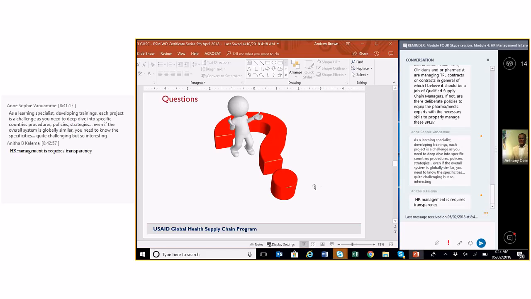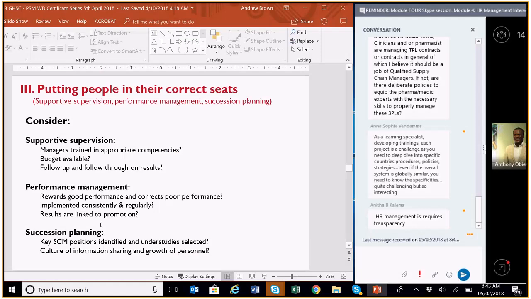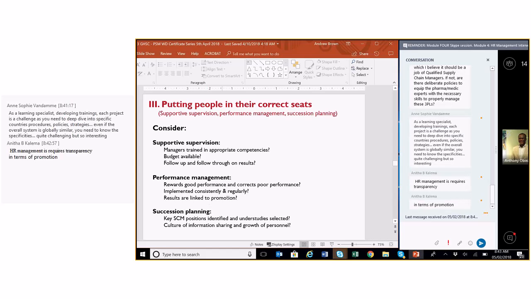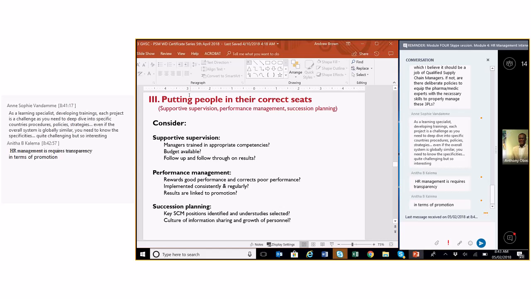So the challenge, as you said, is deep diving into the policies and procedures, understanding those, and then looking about how to make sure they're applied. So usually you can find policies and procedures that are set by the government, but it's often the situation that the particular government department is responsible for implementing those policies and procedures, and they're left up to their devices to do so, and that's where a weakness can take place. And this HR management with transparency is really important and not something we do well. So these are the items we need to consider about putting people in their correct seats on the bus.